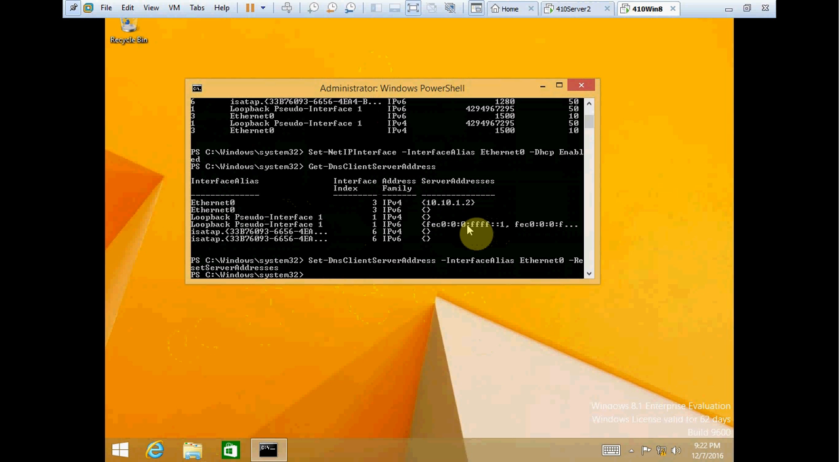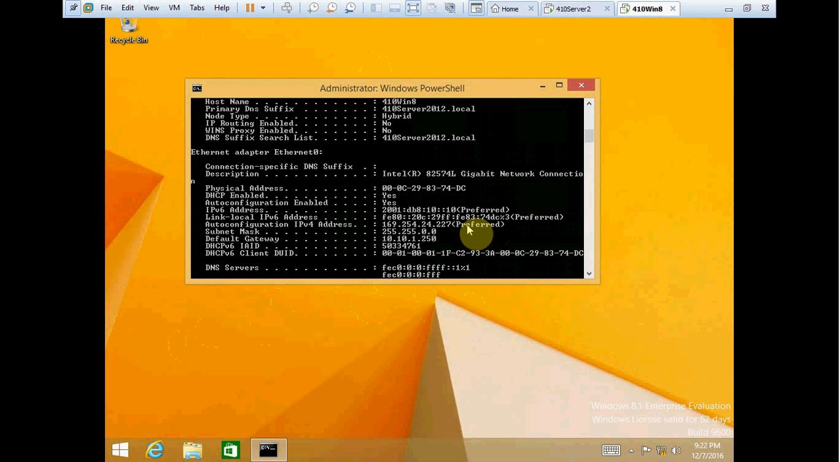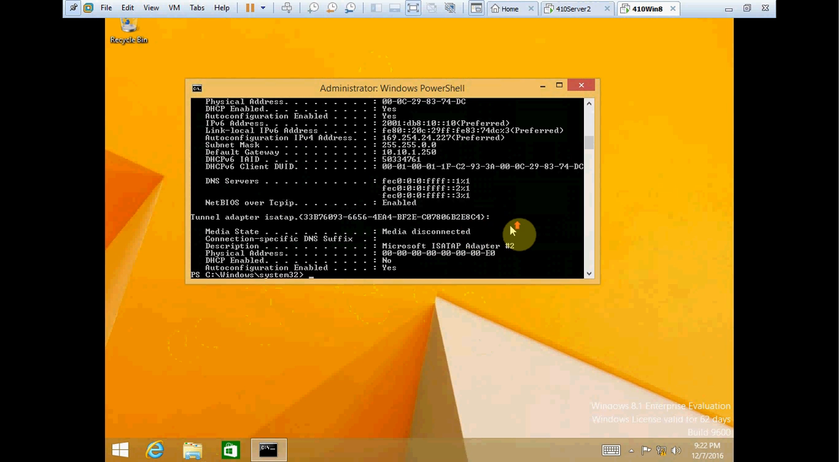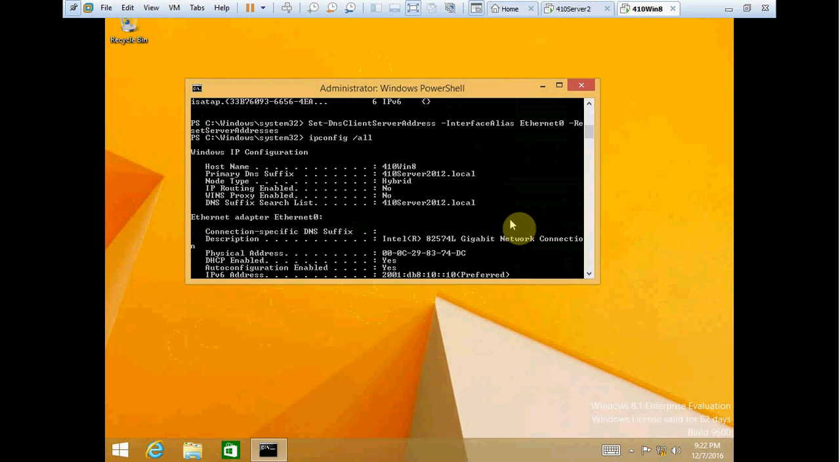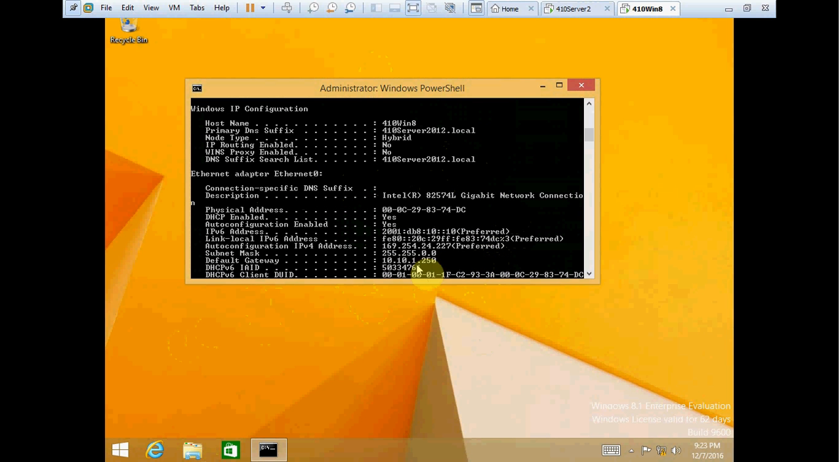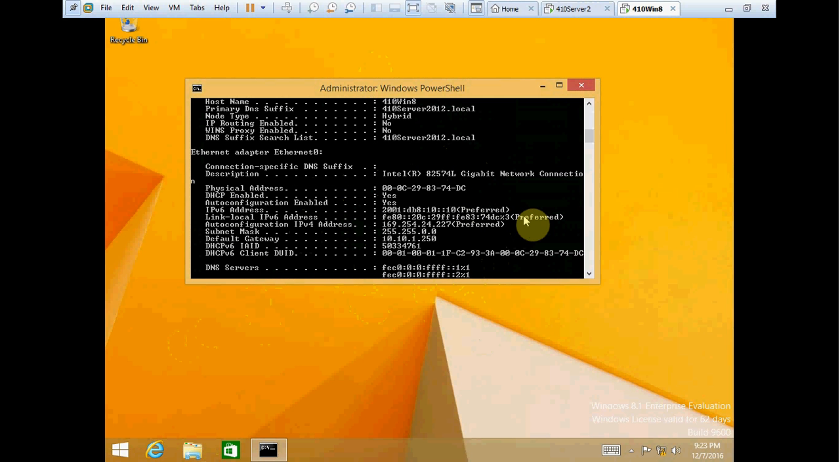No errors, and now I'm going to do an ipconfig /all. And now if we scroll up a little bit, it'll tell us my host name, which is 410 Windows 8, my DNS suffix, which is 410 server 2012.local, and see my IP, my IPv6 IP, default gateway,